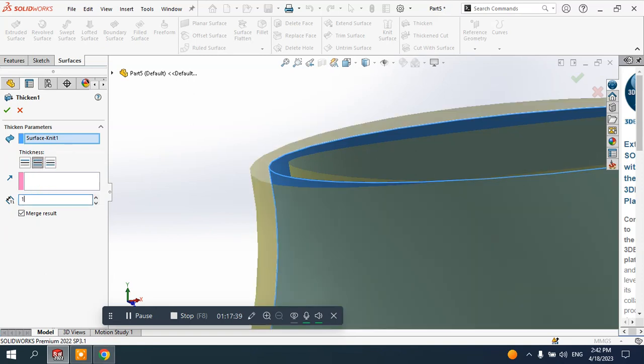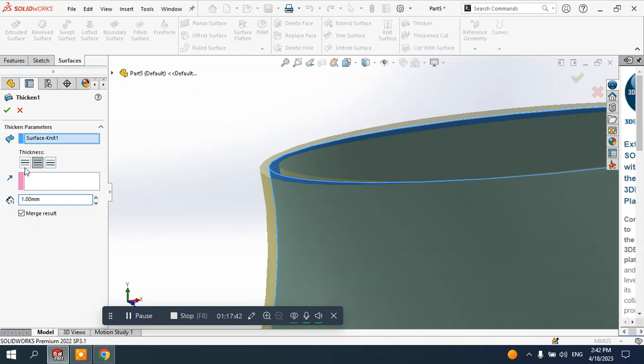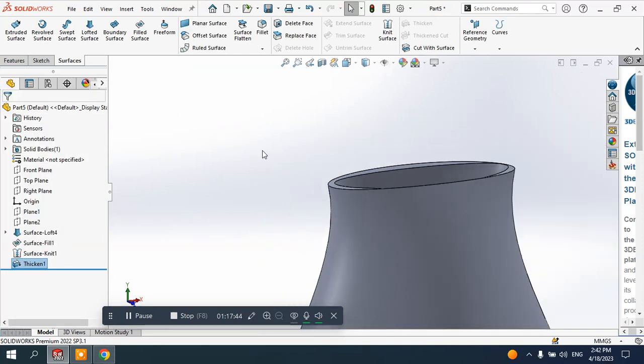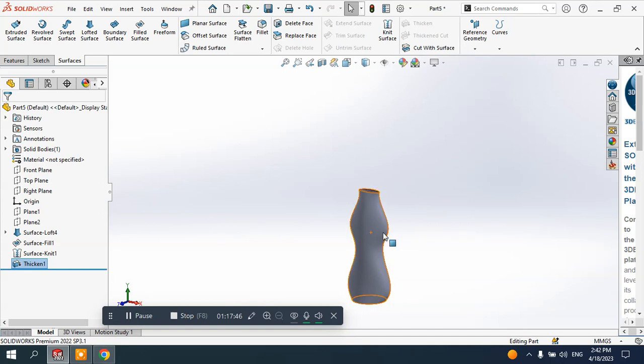And let's decrease here slightly the value to 1 millimeter in total. So this is